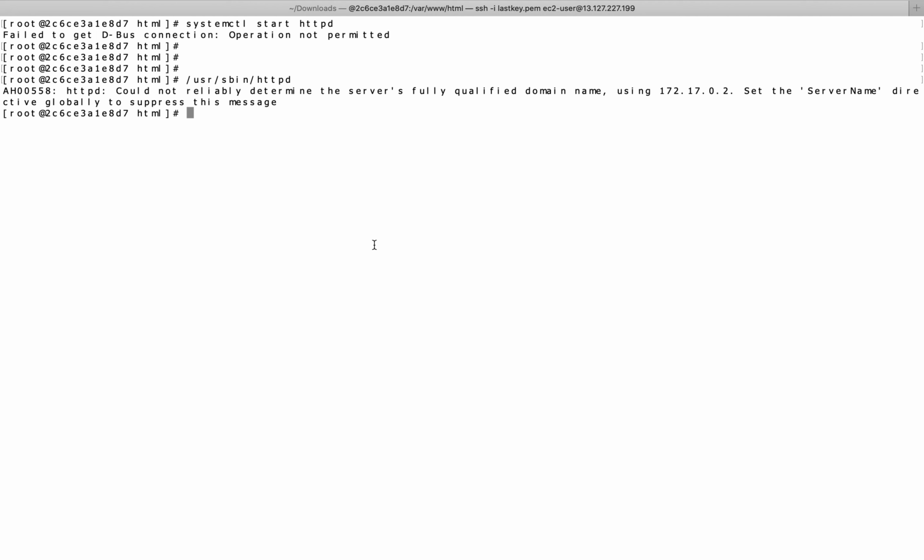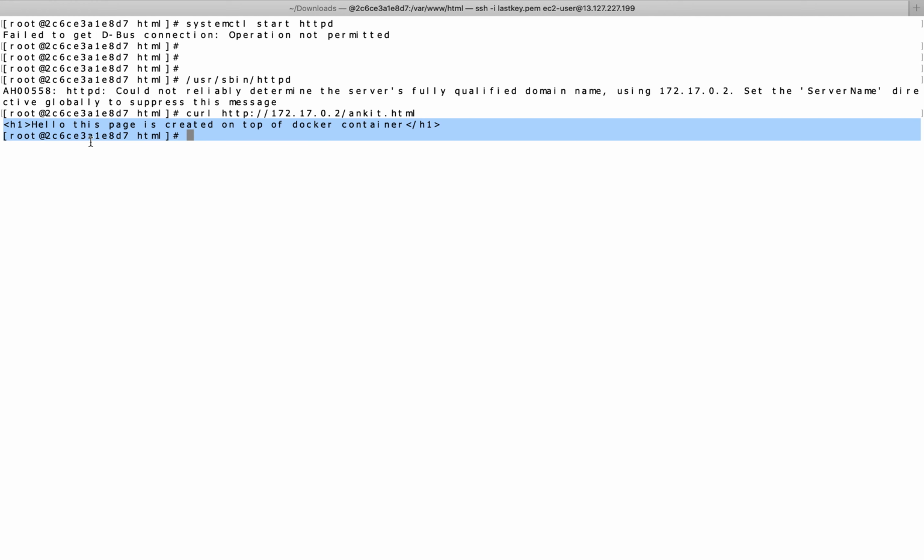So let's check our website if it is working or not. curl http followed by the IP that we just got, slash, let's say my page name was ankit.html. So we are getting a working web server that we have just hosted on this new container on top of Docker, that is a CentOS container.